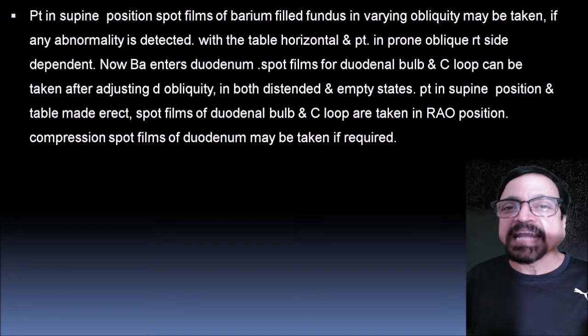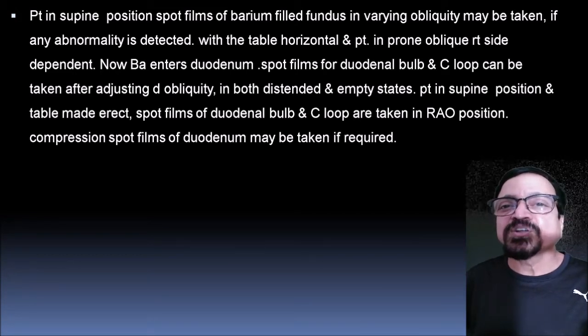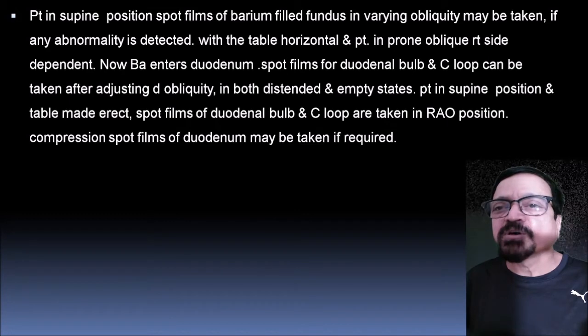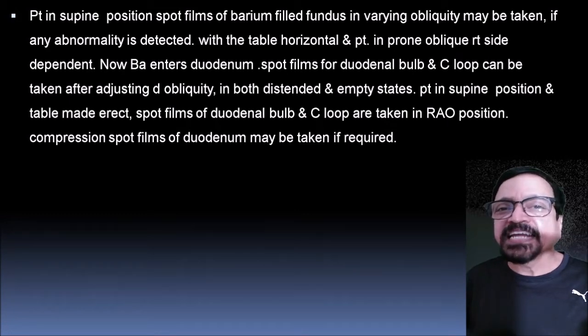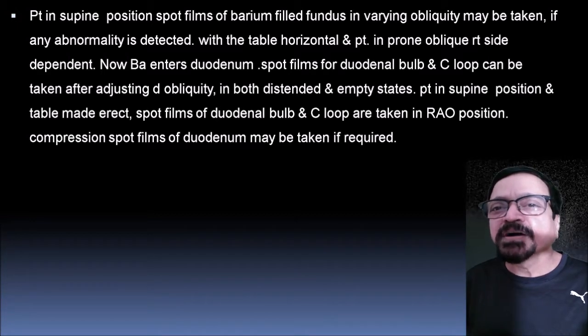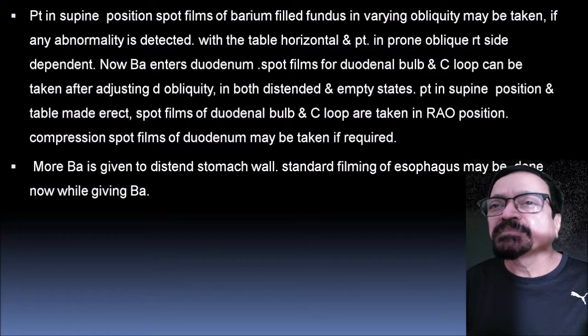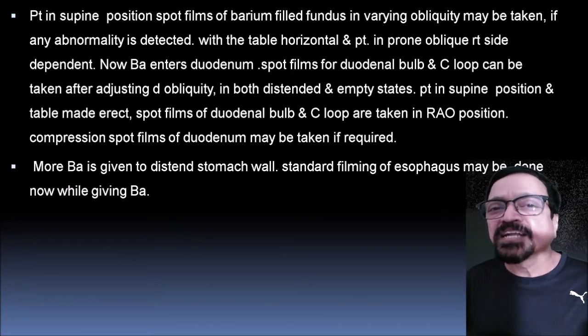Now you have to recall what the earlier structure of a machine was. There was a spot film device and there was a divider which can take 4 spots, and it had a cone-like structure which can compress the duodenum. So it was very easy to get the compressed films of duodenum, particularly for a duodenal bulb, because it was separating the remaining overimposing barium from the stomach or further small bowel.